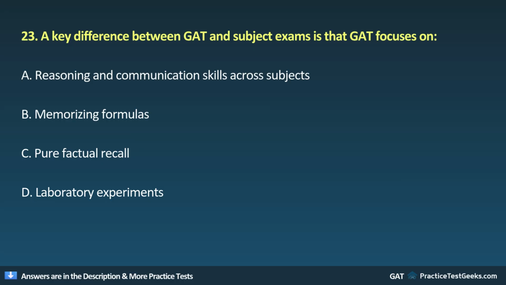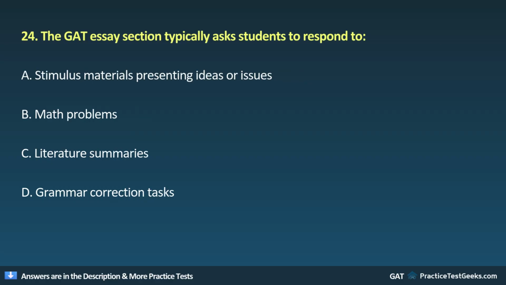A key difference between GAT and subject exams is that GAT focuses on A, reasoning and communication skills across subjects. B, memorizing formulas. C, pure factual recall. D, laboratory experiments. 24. The GAT essay section typically asks students to respond to A, stimulus materials presenting ideas or